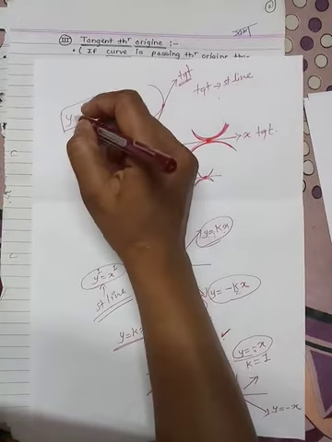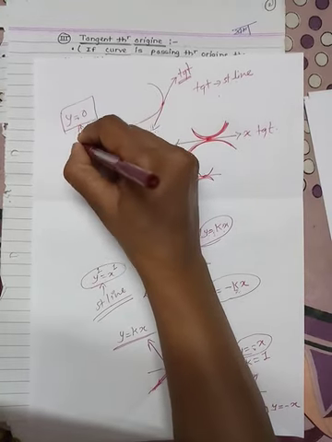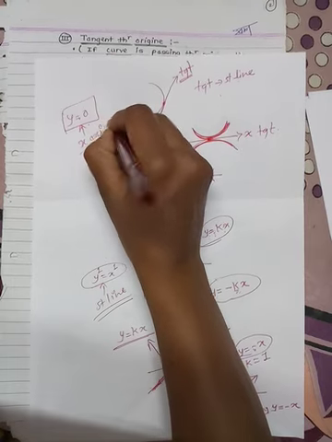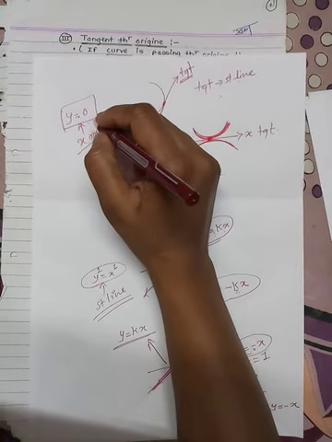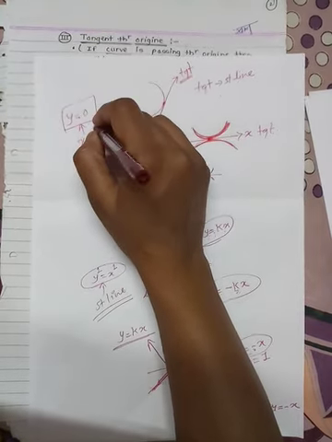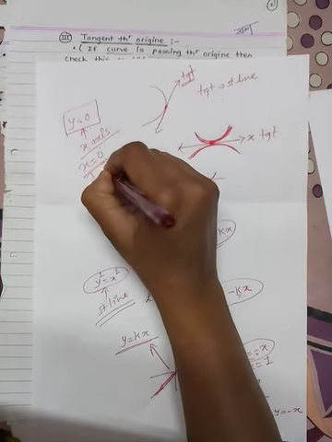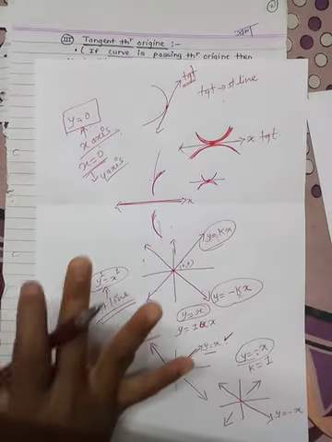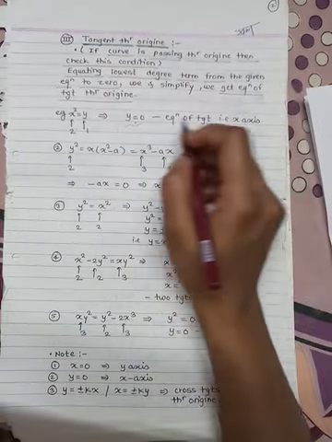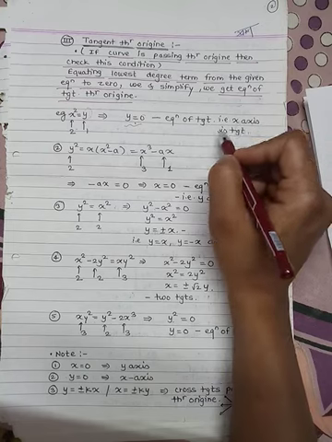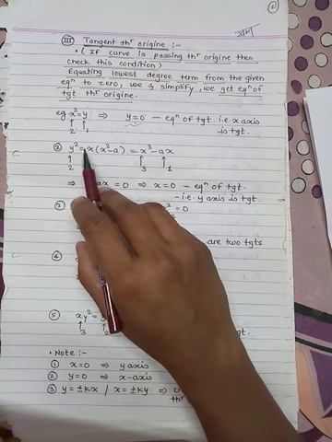In this way, y equal to 0 is also a fixed equation. Y equal to 0 means you get the x axis. So the x axis has the equation y equal to 0 and it is fixed. So what is the equation for the y axis? X equal to 0. This is the equation of the y axis. So these are some fixed equations we have to remember. So here y equal to 0 means x axis, and the x axis is the tangent we get for this equation. Now consider the next equation.